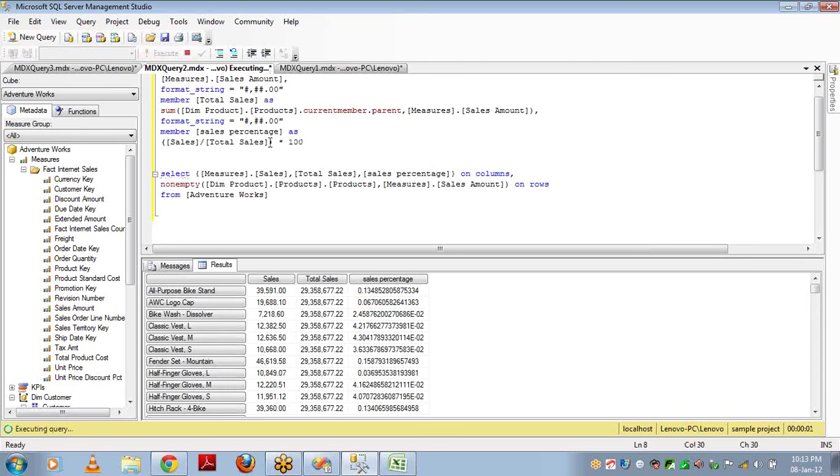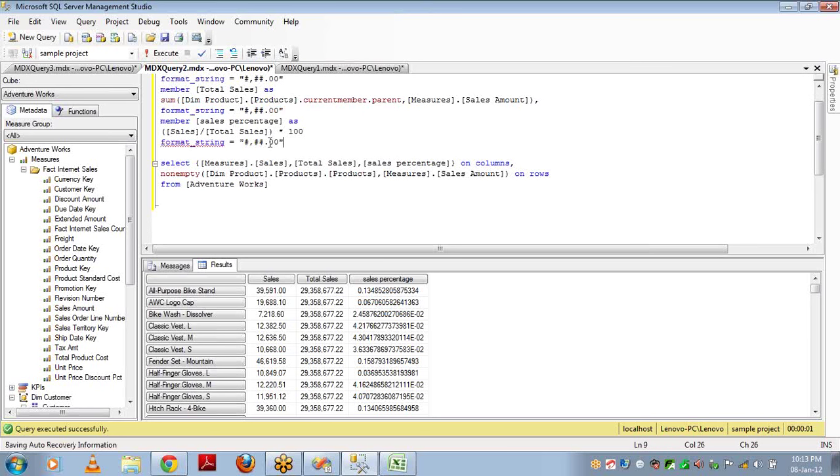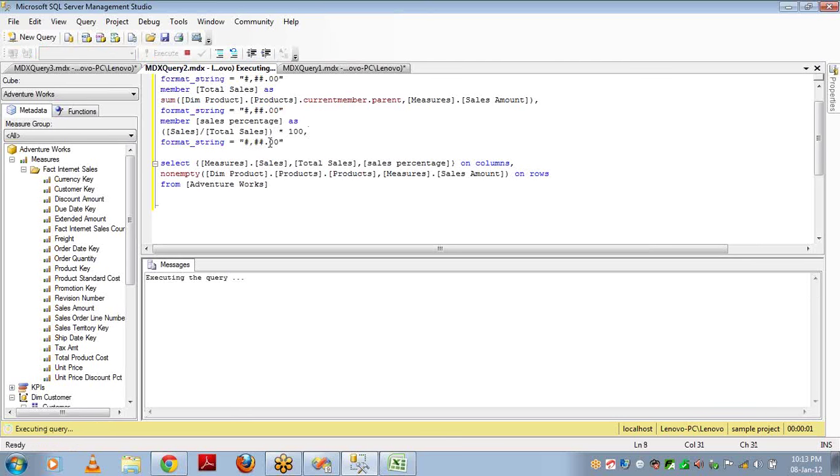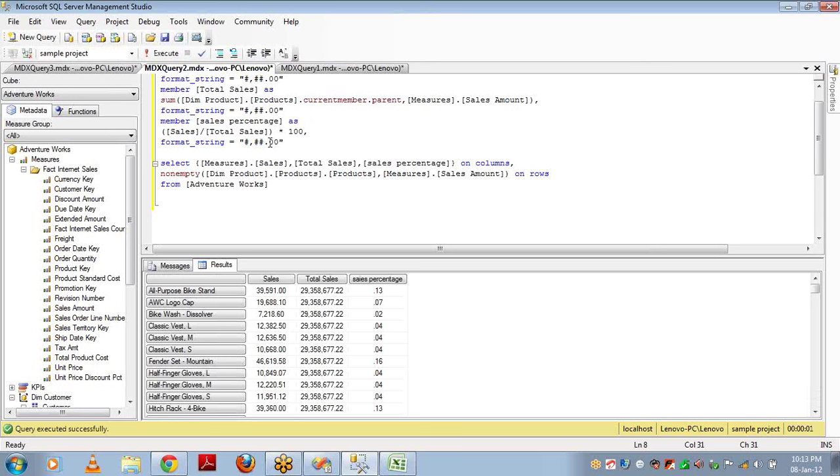This is the percentage: 0.13 or 0.06, 2.45% and so on. And let me change the format string to this one. I just want two decimal points. So I'm taking this as 0.13%, 0.07%, 0.02% and so on.